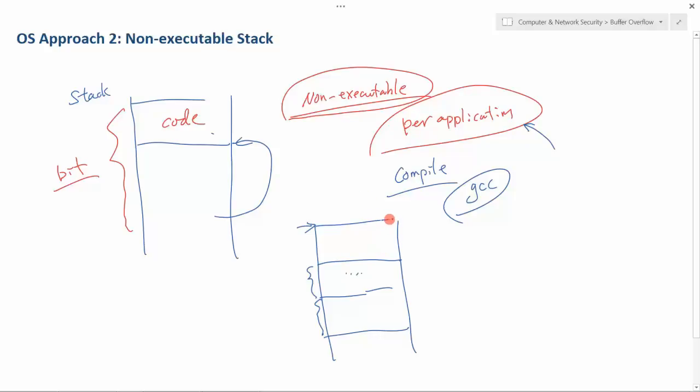Could you end up writing into different applications? No, this stack only belongs to you. You are the sole user of this stack. So once I hit this one, I overflow here, right? Later in the semester, when we talk about memory isolation, once you hit this, your program crashes.